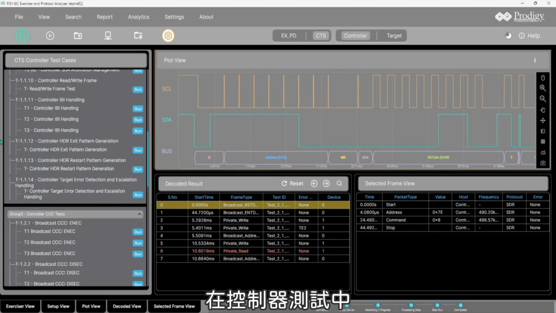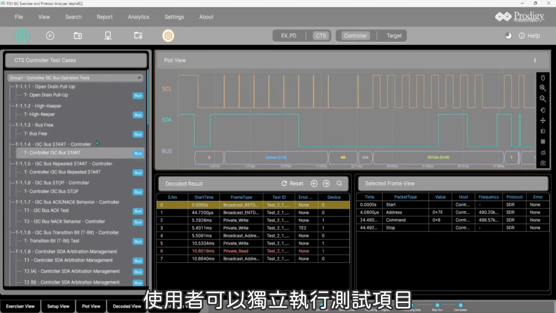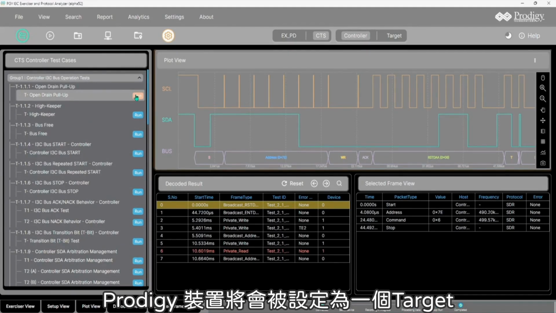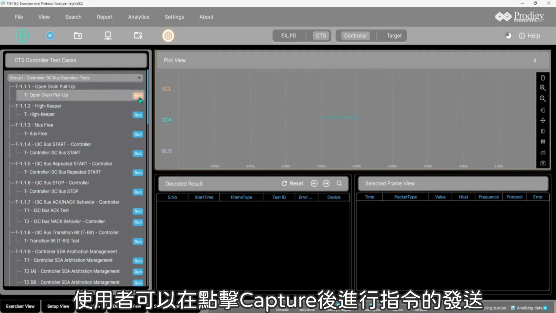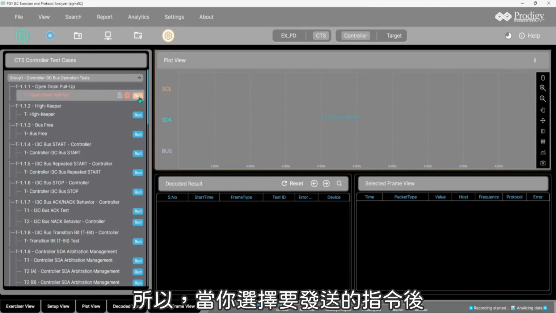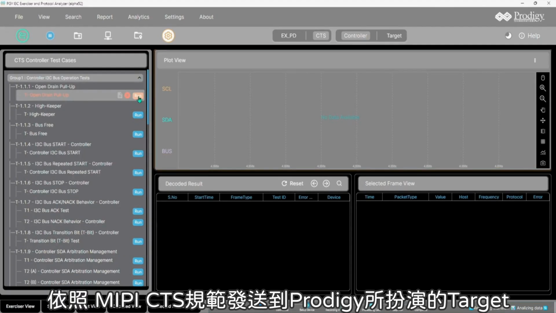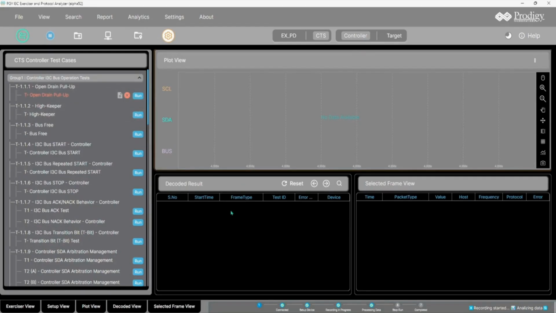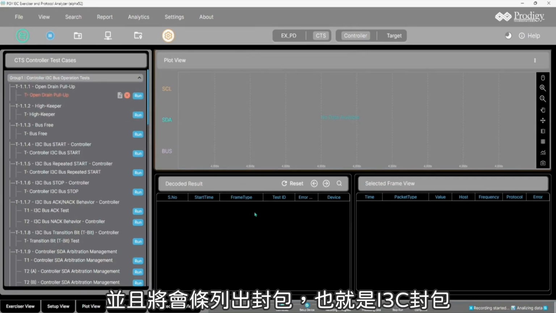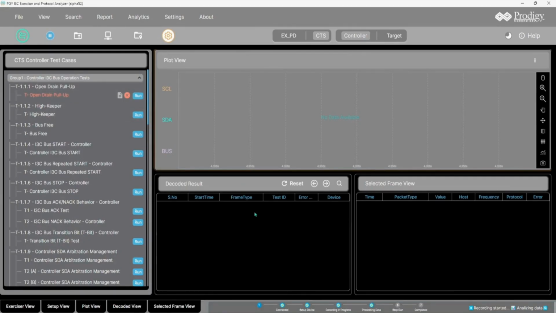controller. In the controller test case, how exactly it works is the user can select individual test cases and the Prodigy unit will be acting as a target, and the user can send the commands on execution after hitting the start capture. So once you select the command, the user needs to send the frames from their controller as per the MIPI CTS specification to the Prodigy target, and it will list out the I3C frame, and